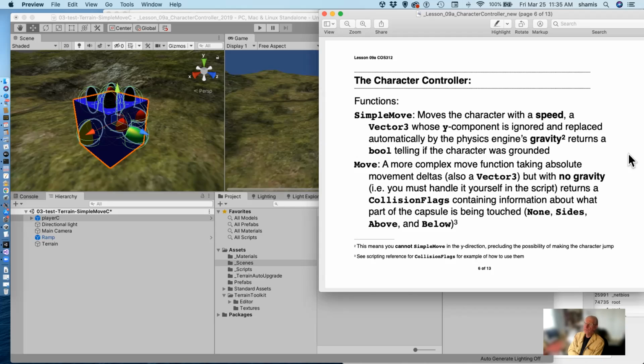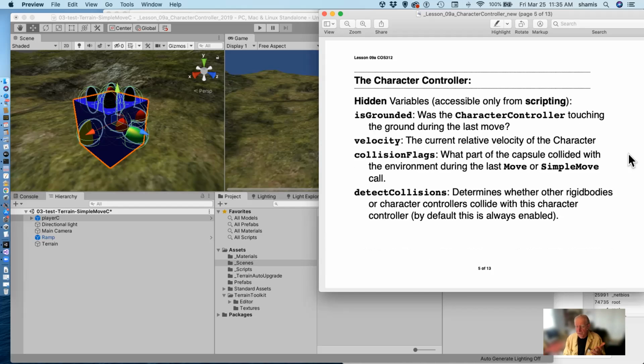But the simple move engages the character controller in the physics system in the sense that it ignores the y component of that vector speed that we're providing it with, and it replaces that with the physics engine gravity. Simple move returns a true false value that tells if the character was grounded. So the simple move provides us the same information that the is grounded